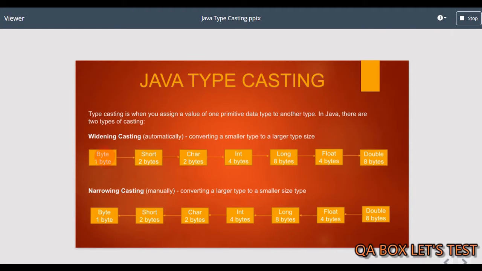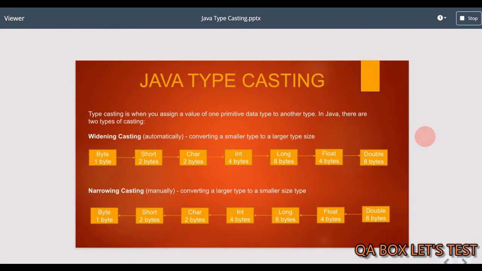So if I say this is my source and this is the target, then byte can easily be accommodated into double. In the same way, int can be easily accommodated into long, float, and double. Now, how can you remember this? You have to remember the size, guys. So 4 bytes can go into 8 bytes, and 4 bytes are equal to 4 bytes. And in the same way, these 4 bytes can go into 8 bytes again. That is the very reason they can easily be accommodated into the other data types, provided the size of the target data type is greater than the size of the source data type, and